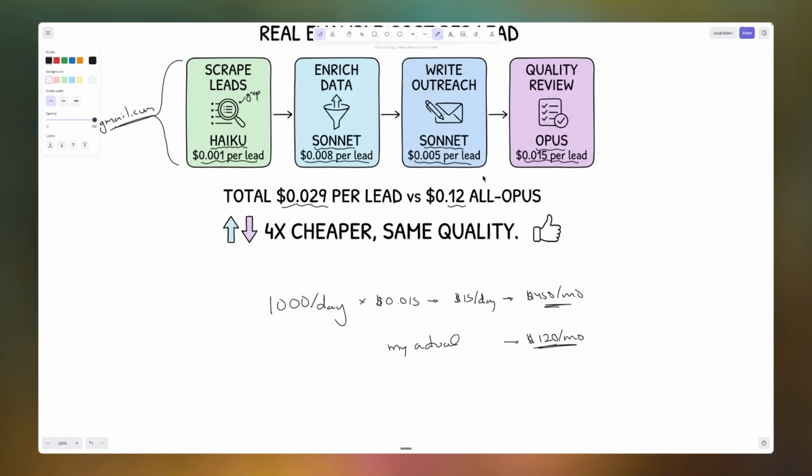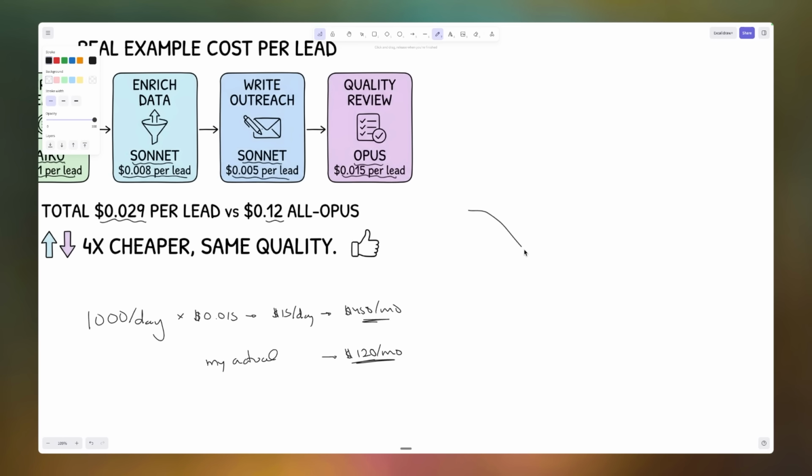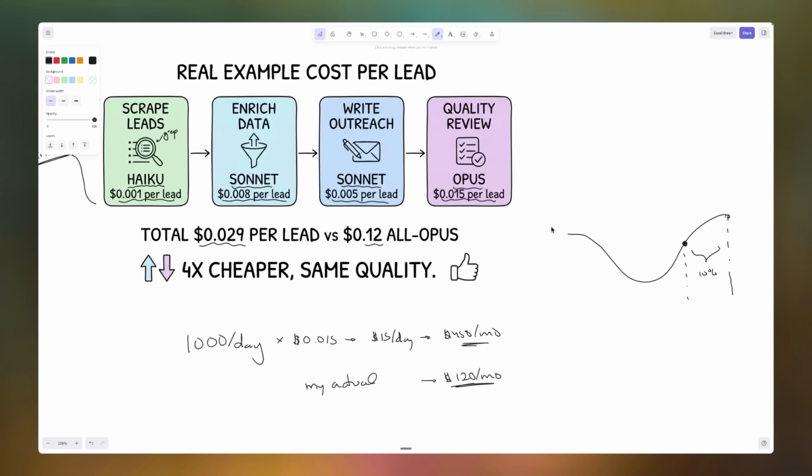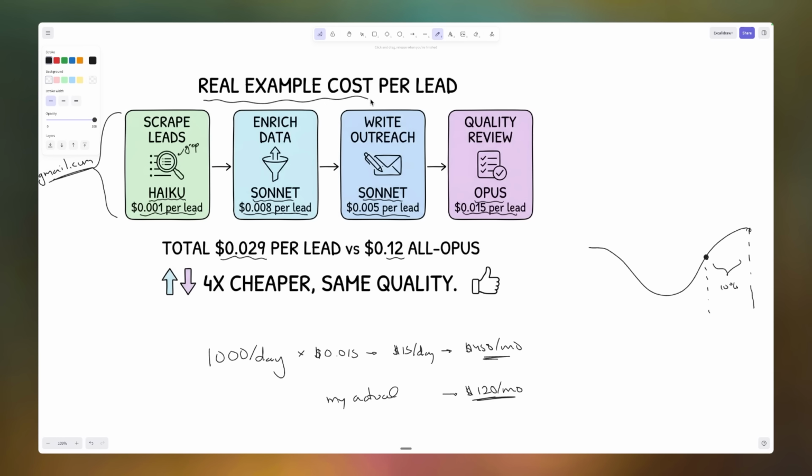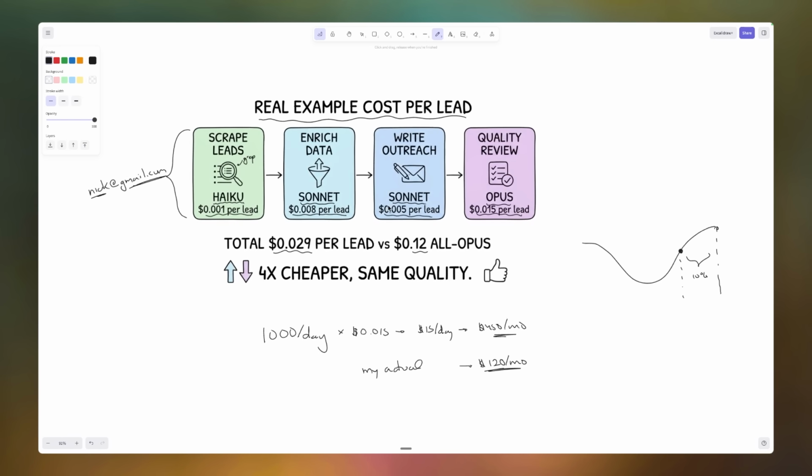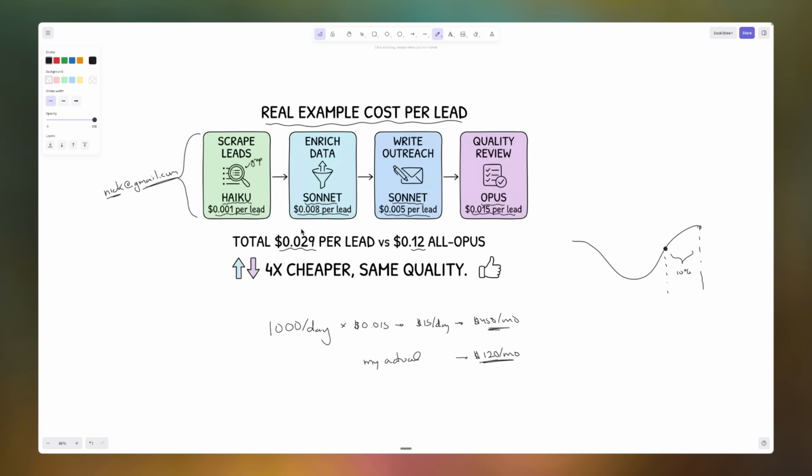And if my quality is only going down a few percentage points because of that Yerkes-Dodson curve, I'm okay being over here instead of over here, because this gap to me is fine on tasks that aren't super high quality, then this is a very, very efficient stack. And the bigger and bigger my company gets, whoever I'm working with, the more the cost per lead is going to be important versus the actual quality.